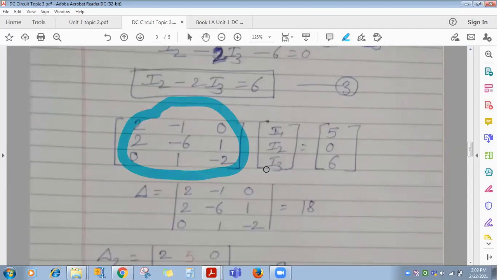Which one is the best? Directly in the calculator you enter matrix A, B and say A inverse B, or apply Cramer's rule. By both methods you will get the same marks. Why are you wasting time by solving the equations? You don't have that much time in the exam.